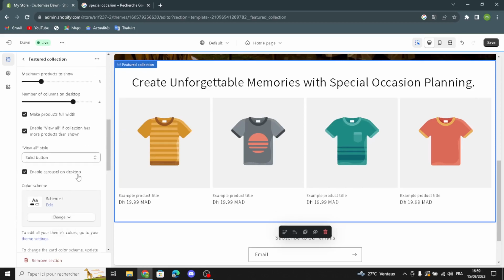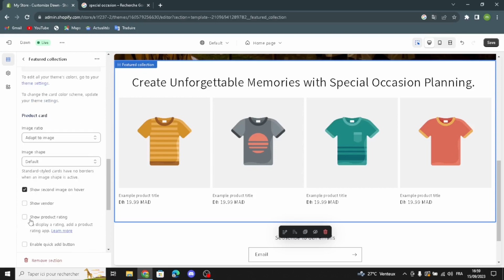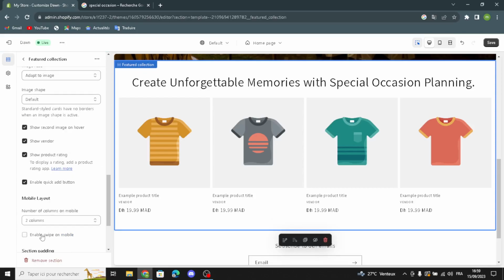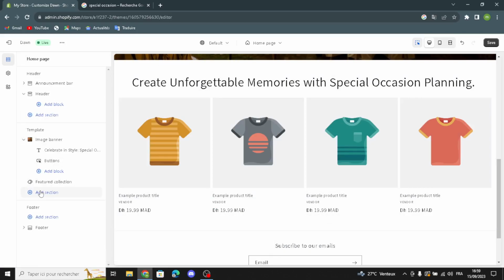Also you can enable carousel on desktop, you can edit the product card, the image ratio, and the image shape. Here if you want to show second image on hover, you can show vendor, you can show product region. Here if you want to enable quick add button, you can enable swipe on mobile. So that's it. If you want to add something new on your home page, just click here and select what